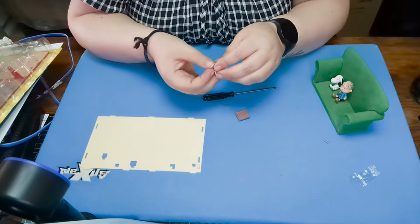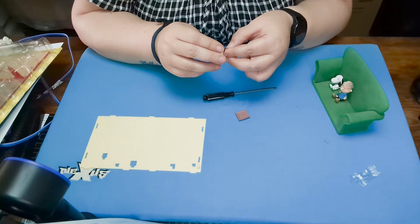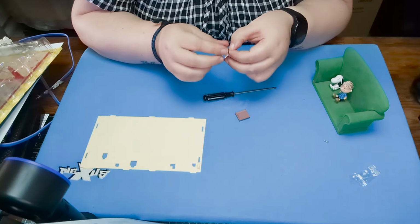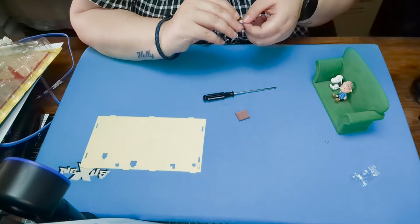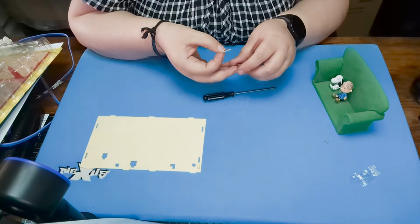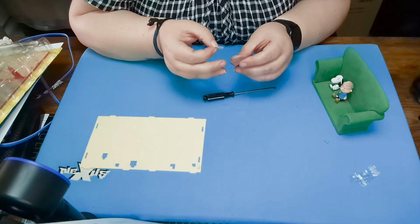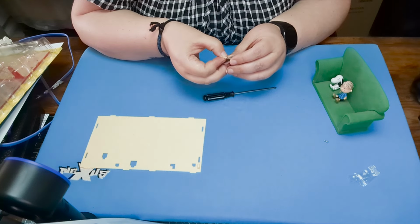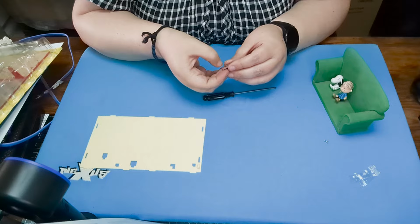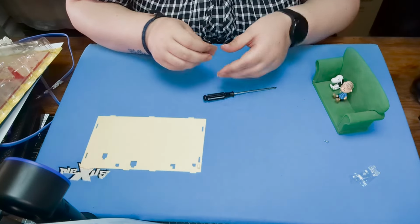Next, we're gonna take our picture and peel off the back and stick it on. Let's see how straight I can get this. Make sure the back of that is the right way. Yeah, got to make sure you get it the right way. There we go. So there is our frame, and then